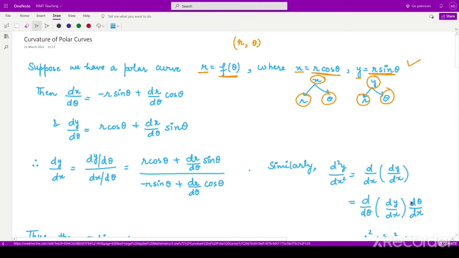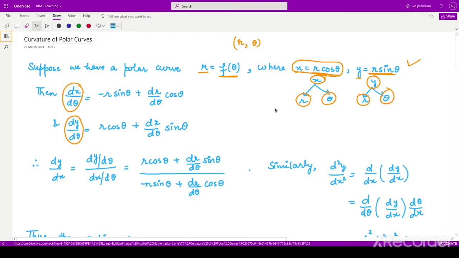So here we were discussing the polar curves. In polar curves, we have two coordinates, one is r, one is theta, and the relationship between the Cartesian coordinates and these polar coordinates r and theta is given using these expressions. So from here we can calculate dx upon d theta, and we can calculate dy upon d theta. So what you have to do is differentiate this quantity with respect to